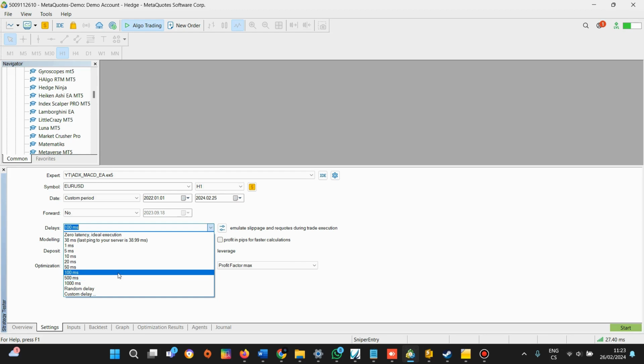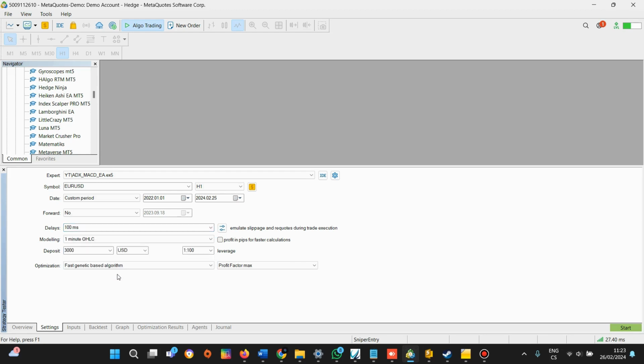So I will go with 100 milliseconds right here. Now you also have to choose on which data you want to test your EA. This is also pretty difficult to choose, because once again it depends on the type of your expert advisor. So the rule that I go by is that if I intend to use that expert advisor on my live